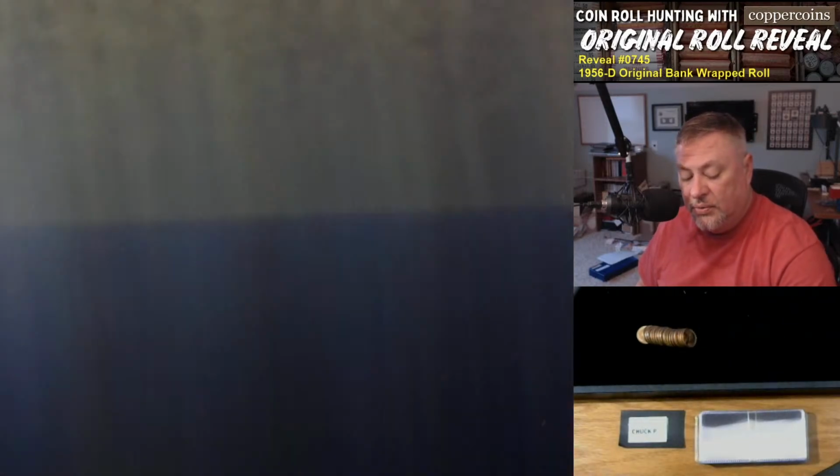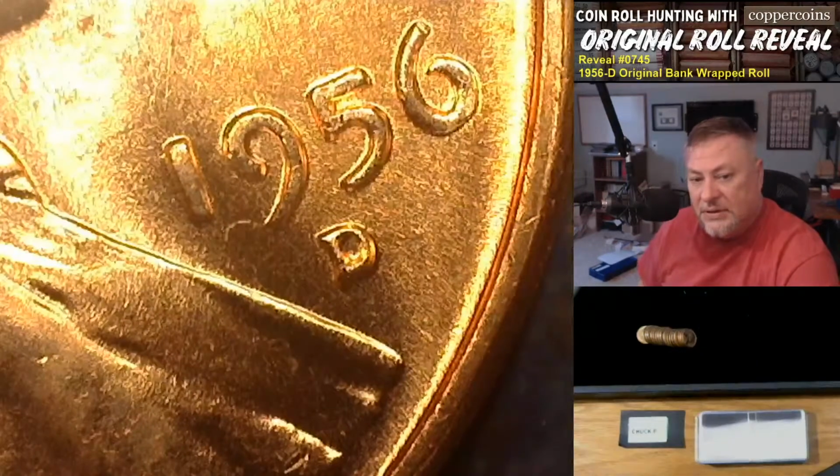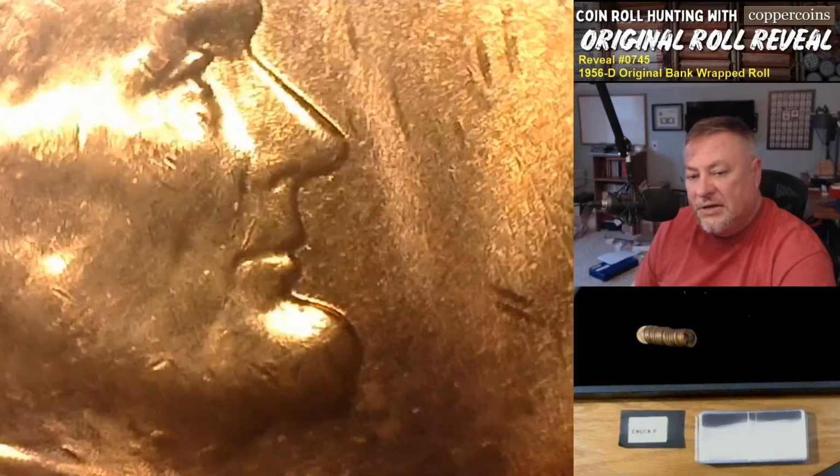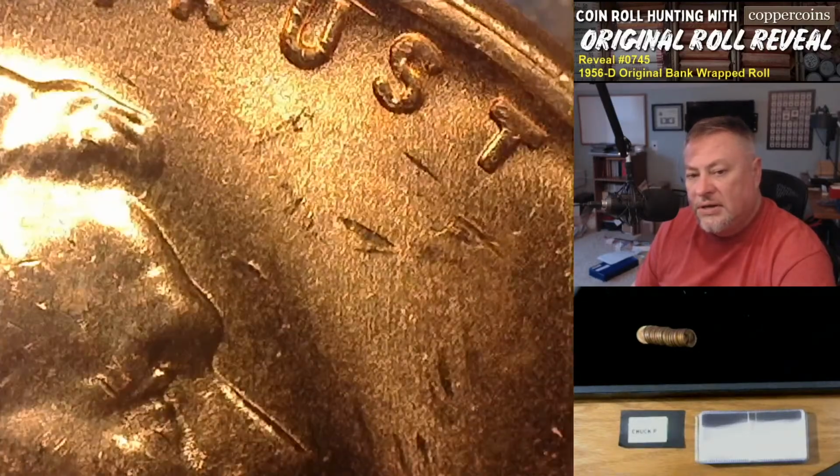And coin number 31 is... This is the die scratches up out of the 9. So this one's going to be a nothing die. Normal die. Now,